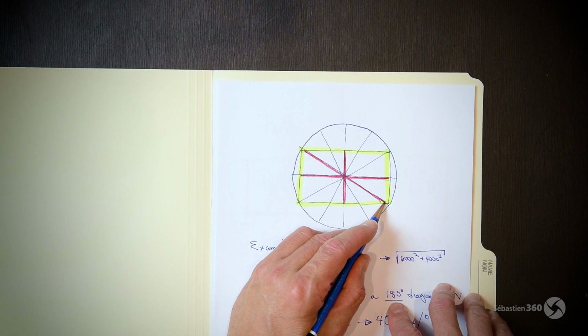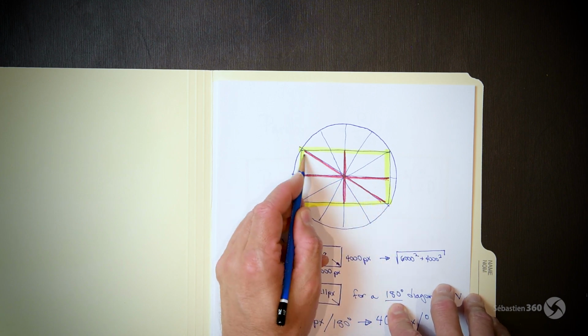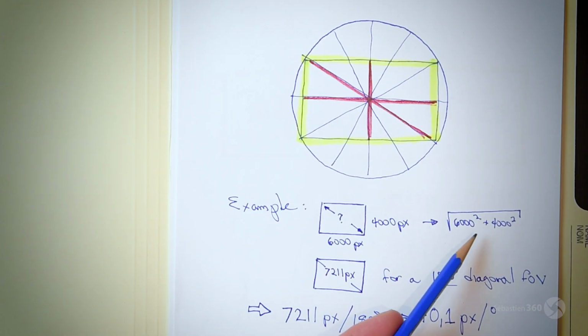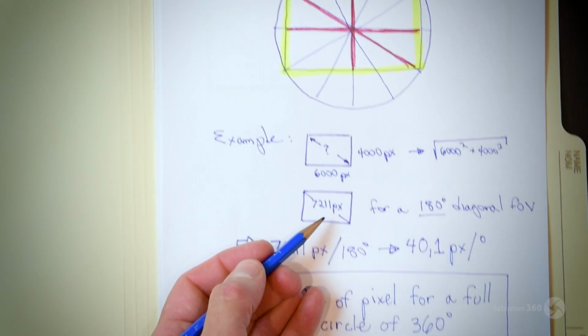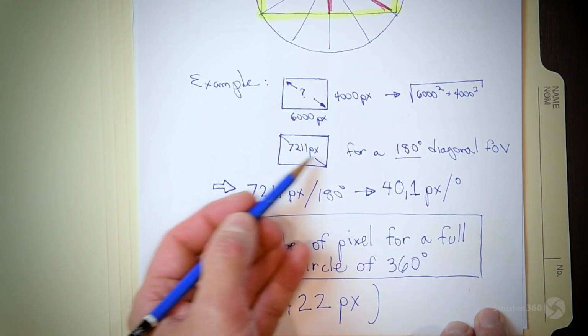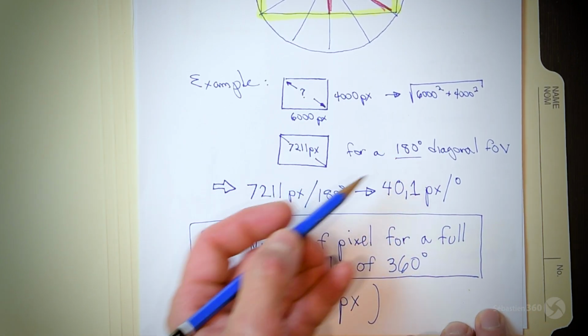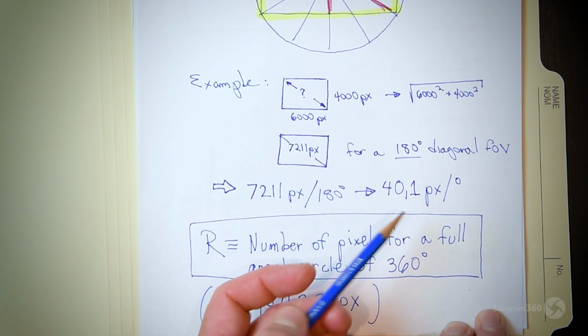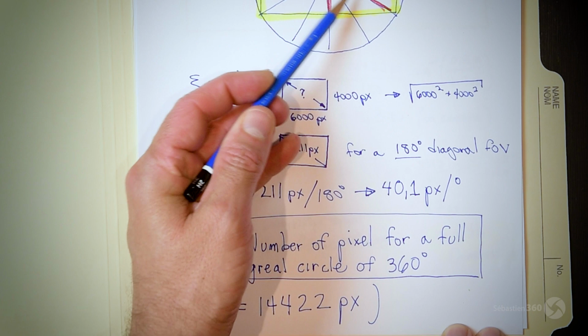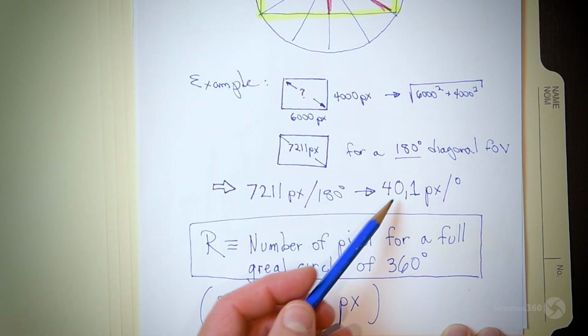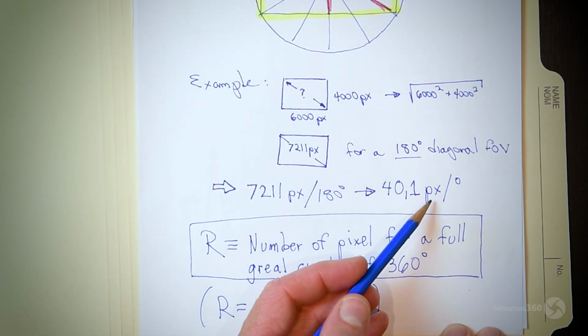What is the number of pixels diagonally on such a sensor? We simply have to use the Pythagorean theorem right here, and we find that it's around 7,000 pixels. Because this is for 180 degrees, if we divide those two numbers, we find that the density of pixels per degree on our fisheye lens is 40.1 pixels